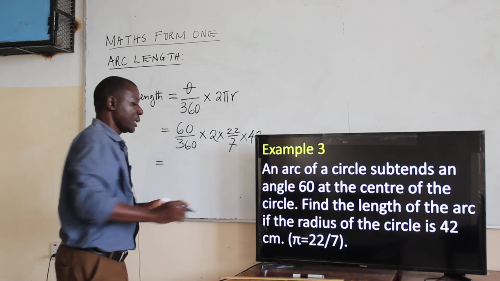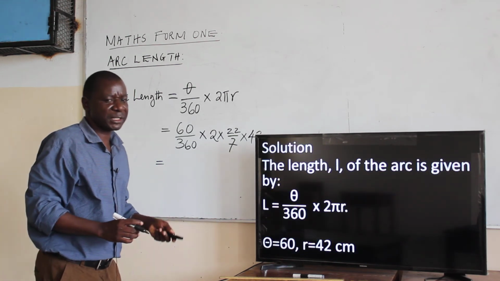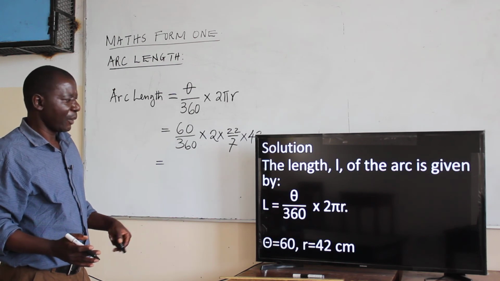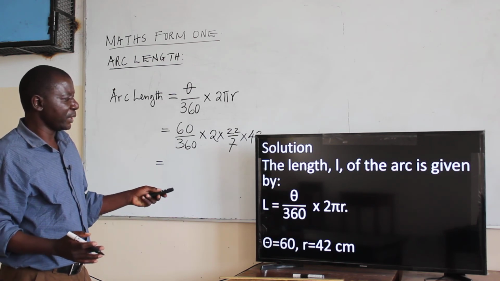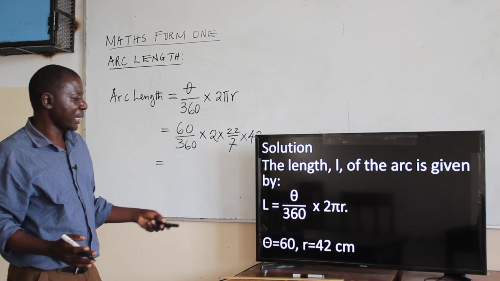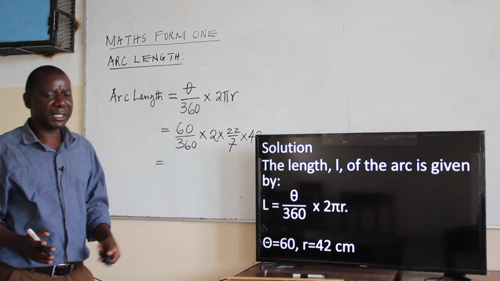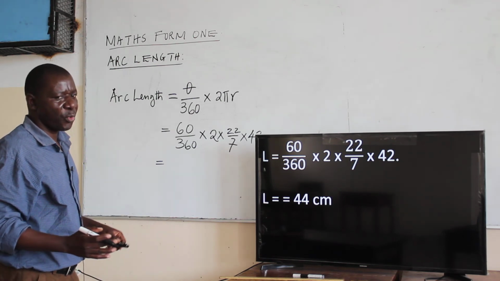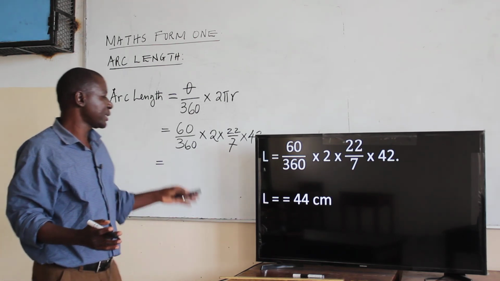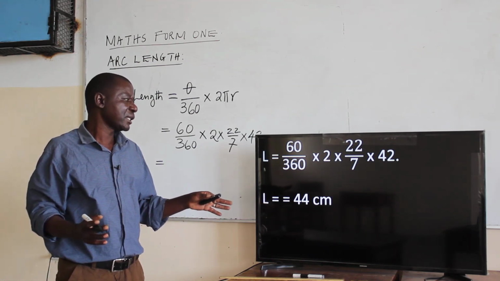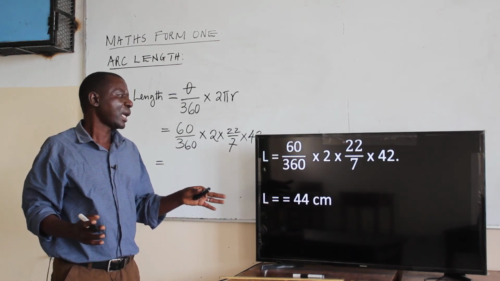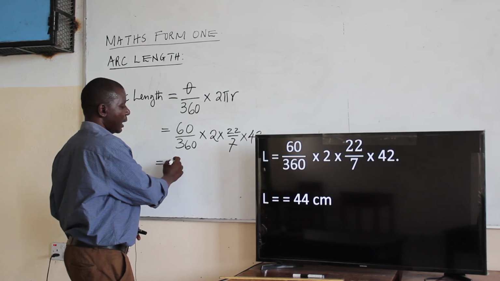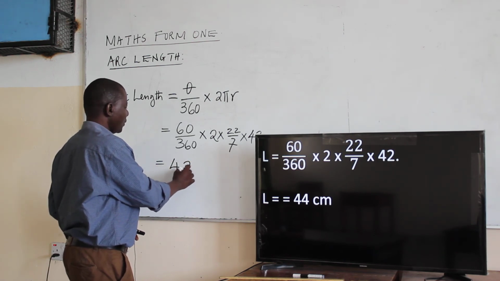And from there, we will simply multiply everything. We remember that the arc length is given by that formula. The angle is 60 degrees, the radius is 42. Substituting all those values, we get 60 divided by 360 times 2 times 22/7 times 42. That will give us an arc length of